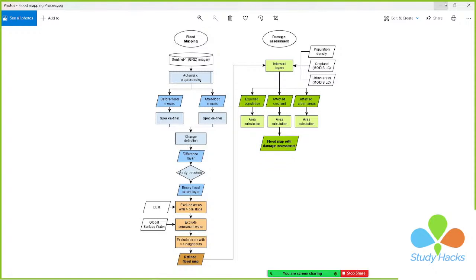Oh, so you do a damage assessment. Yeah, damage assessment. This is the flood map with damage assessment. And how do you present this damage assessment? So mainly this time I will try to explain this method. So first of all, flood mapping. We can get the flood mapping